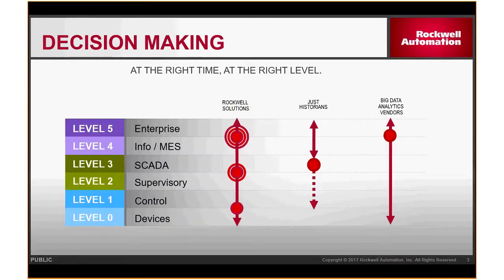One of the important parts of our strategy, as you can see in that first red column, is that we want to provide analytic solutions that help customers make decisions where the decision makes the most sense. We don't want to have to send all the data straight from sensors and devices all the way to the cloud if what you're trying to do is make a timely decision, in which case that could happen locally, either what we would call in cabinet or near cabinet, right there on the factory floor. This is a big part of our strategy, to help customers make a timely decision with their analytics